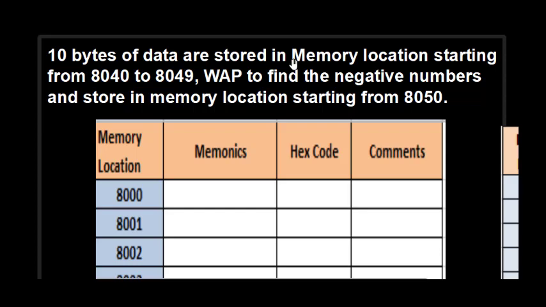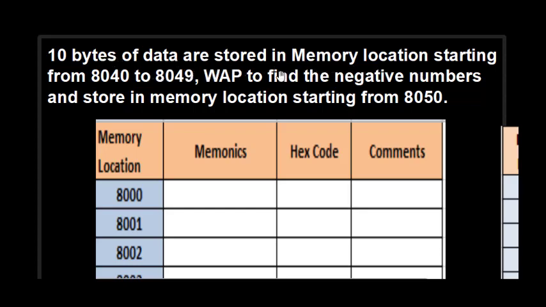In the previous lecture, we saw some logic instructions, the rotate instructions. There are four rotate instructions, two rotate right and two rotate left. Now let us see a program which is based on the rotate instruction. So here we have program 10: bytes of data are stored in memory locations starting from 8040